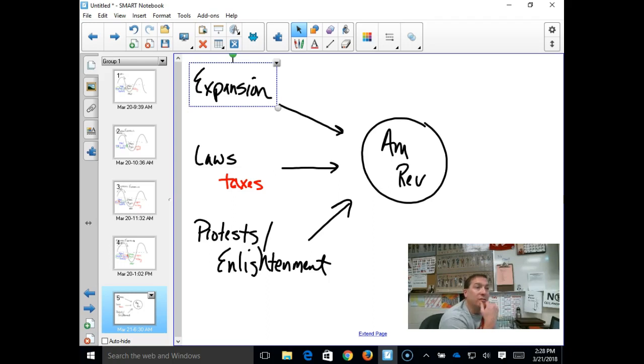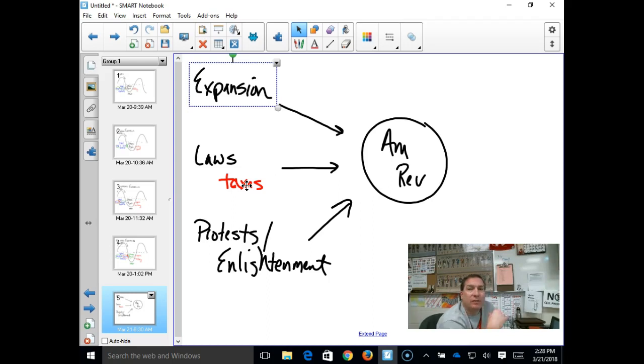What were the causes of American anger towards the British that led to the American Revolution? And your competition is going to end up writing down taxes. Their essay is going to be haphazard. They're going to write down taxes made the colonists mad. They hated the Sugar Act, the Stamp Act, the Tea Act, and other acts, and that made them super mad. And kids will get then the weird notion that the Founding Fathers hated taxes. When in reality, they didn't hate taxation, they hated taxation without representation, right?